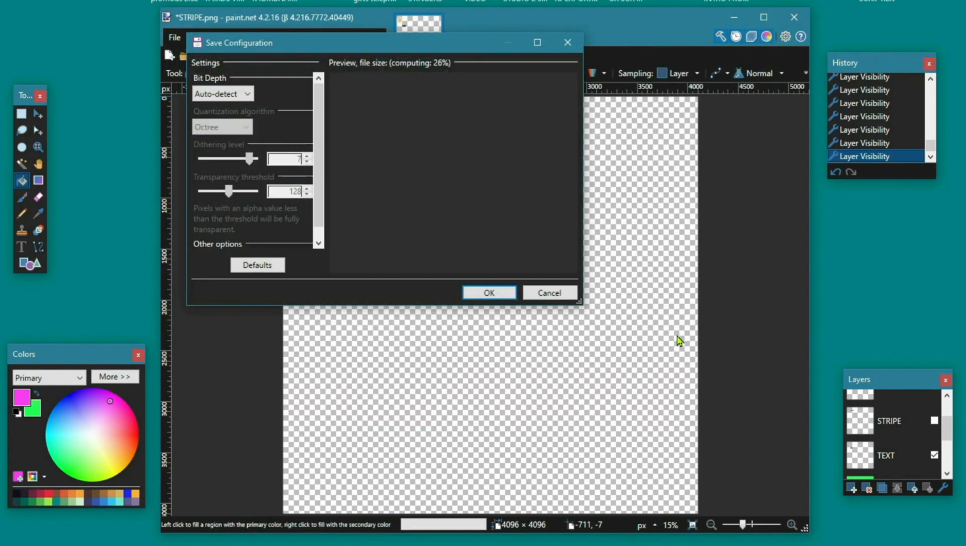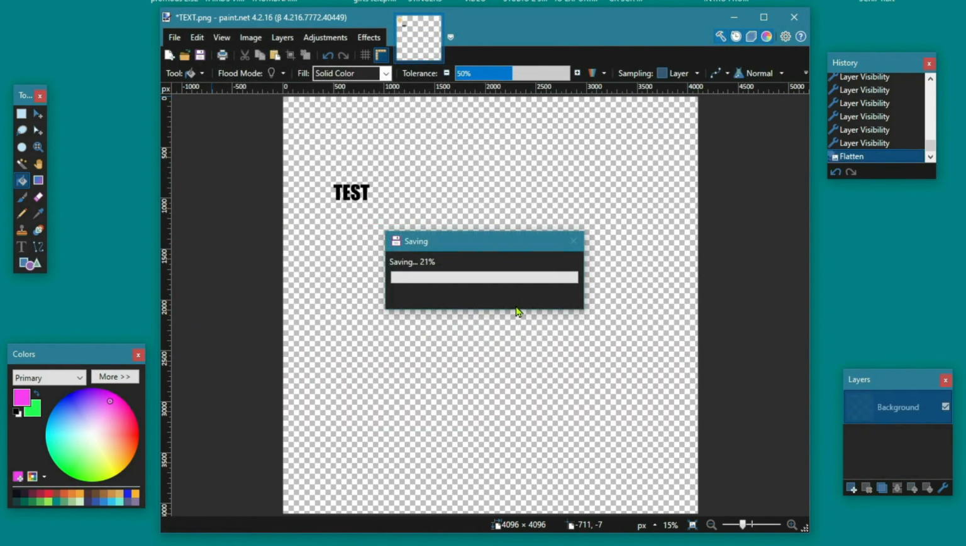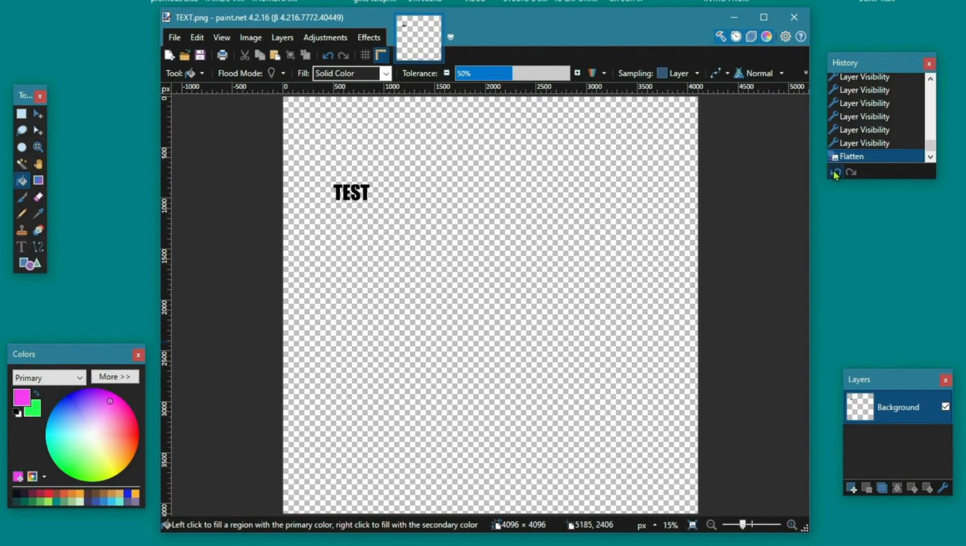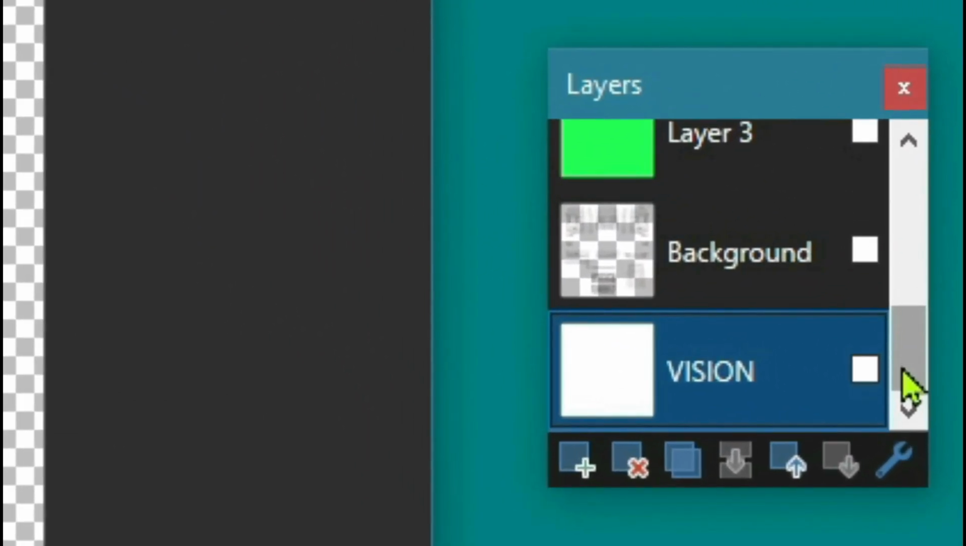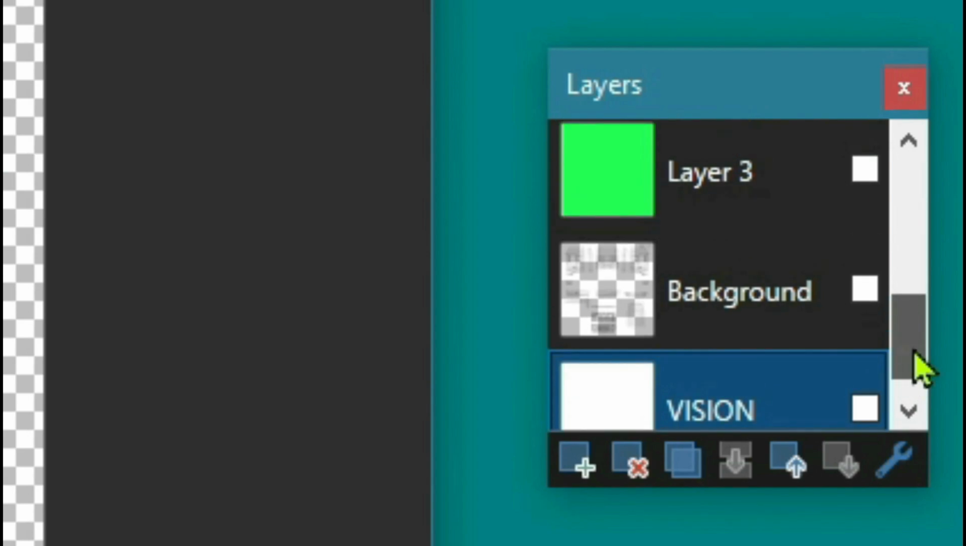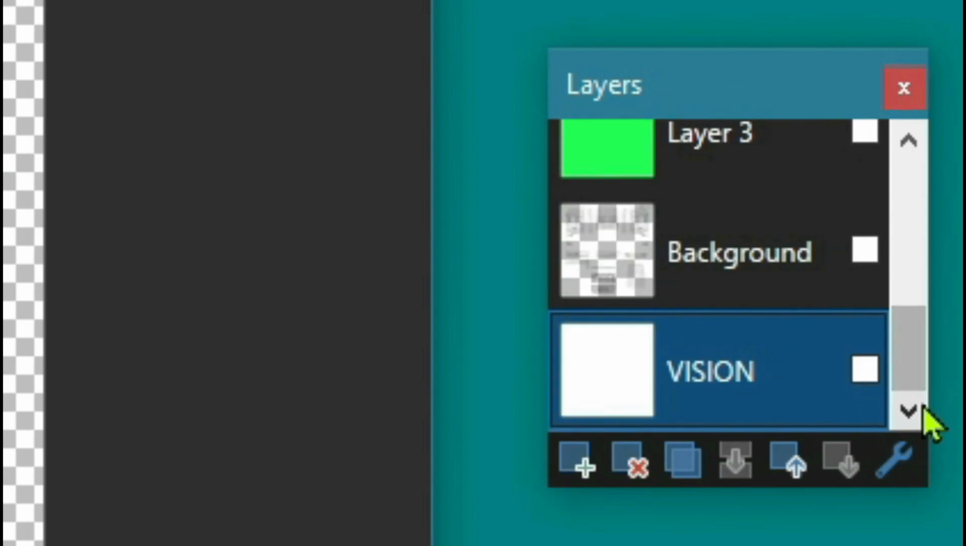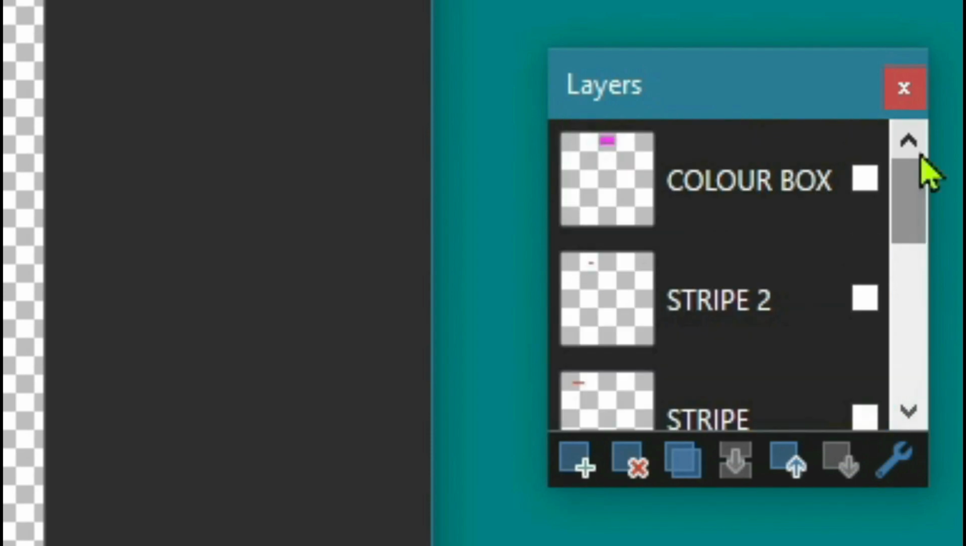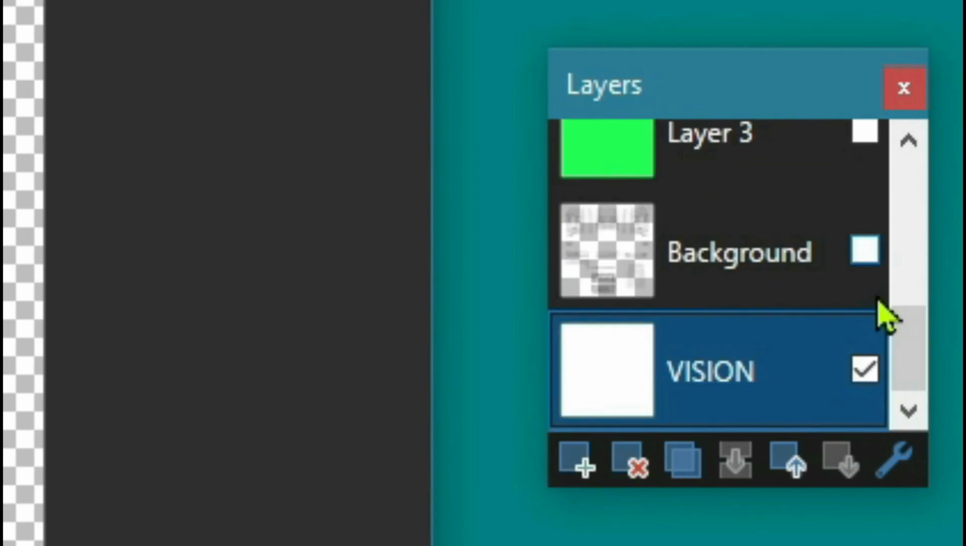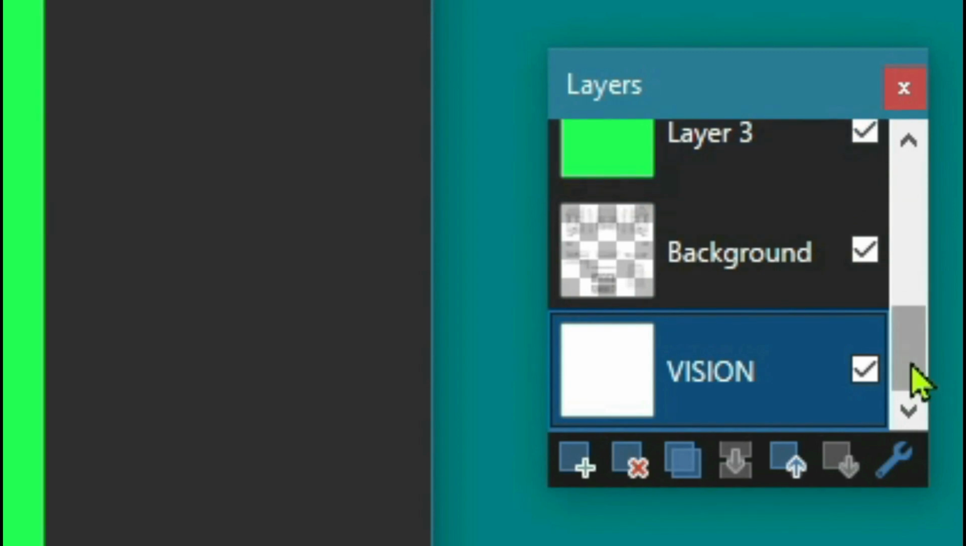PNG, save, flatten. Come back up, open it, and I think that's all of it now. Yep, that's all we need. We don't need the vision layers or the background or anything like that. Okay, brilliant. So we can now recheck everything back in